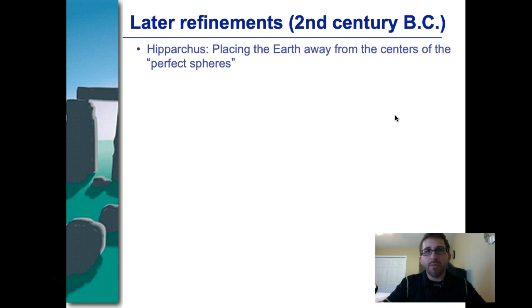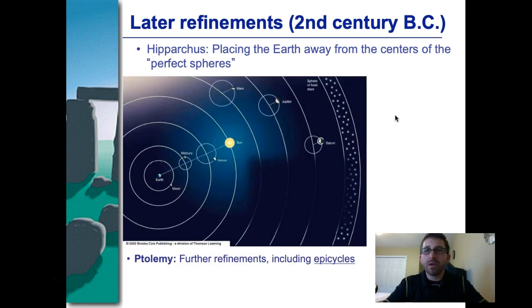All right, so Hipparchus. Hipparchus placed the Earth away from the center, but he kept the perfect spheres. And so he still was dealing with some of these first principles and didn't completely break the whole thing. And here's why. Is because we did observe kind of like this weird motion of the planets. They appeared to be moving backward against the sky at times. And they couldn't really explain these very well. So they started adding these things in called epicycles. Now, just to be clear, this is not a correct model of the solar system. But in his time, we've got Earth here kind of slightly off from the center.